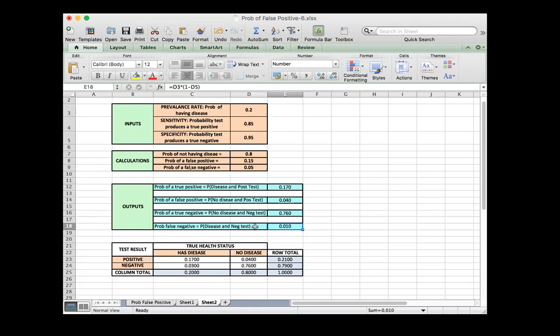Because you had posted a website, the Math is Fun website, and it has the tree diagram, and that's how I've been solving these because it's much easier to see what you're doing. So for the tree diagram, it would be 0.2 and 0.8 for having it or not having it, and then you split those up each into whether they had a yes or a no on the test. Right. So for that line, the false negative,